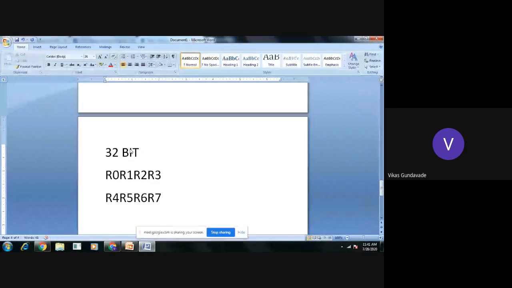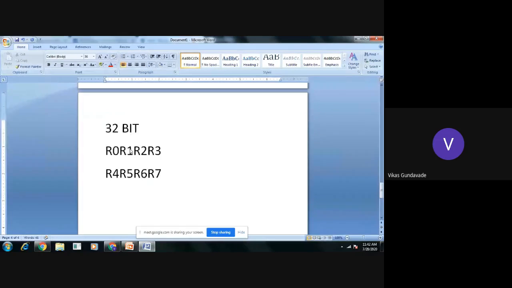So to store one 32-bit number we require 4 registers, and to store two 32-bit numbers we require 8 registers, and all the 8 registers from one bank are used up. So to store the result, either we can use registers from another bank, let's say bank 1, or store the result into a memory location. Okay, in both ways we will see the program.